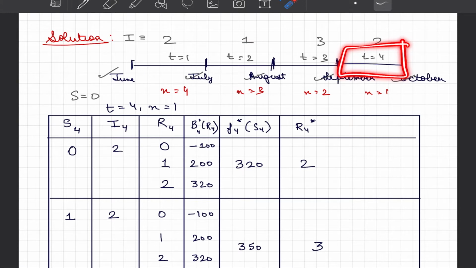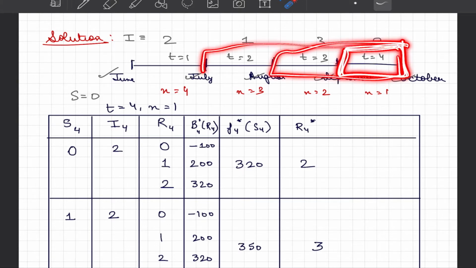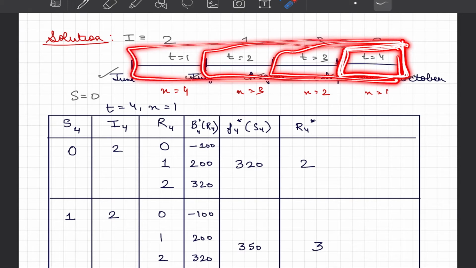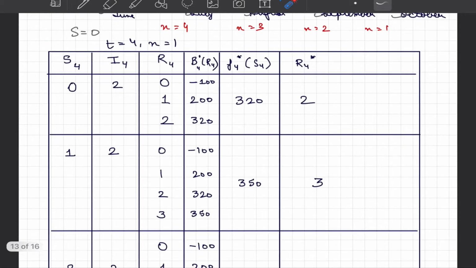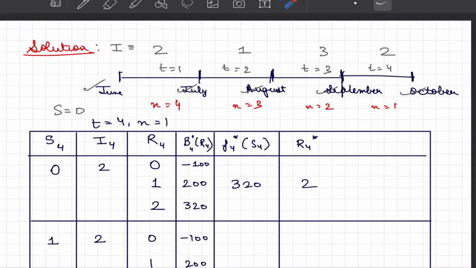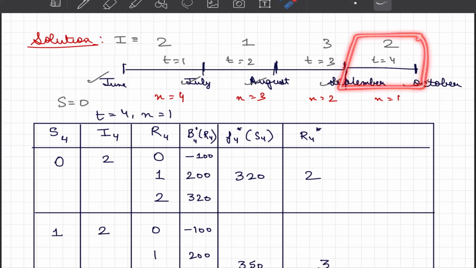So we will move in this direction. That means we will optimize the decisions here. Then we will move here. Then we will move here. Finally here. And as we reach here, we have already optimized these three stages as per Bellman's optimality principle. So when we do calculations for June, we already have answers for July, August, September, and so on. So let us begin with the first block, and I will say that this corresponds to t equal to 4 and this is n equal to 1, because n equal to 1 indicates which calculation we are doing here.